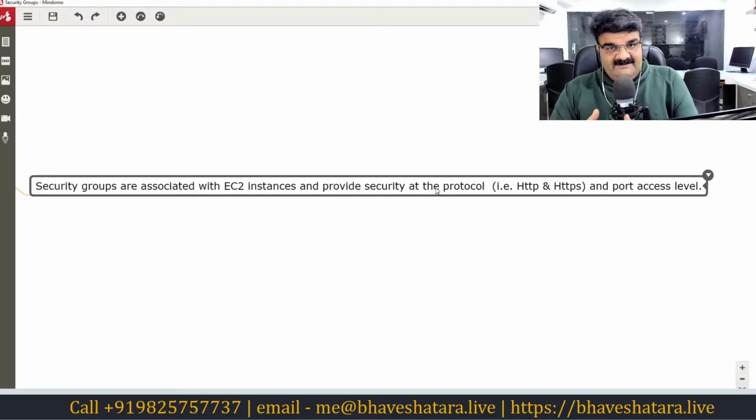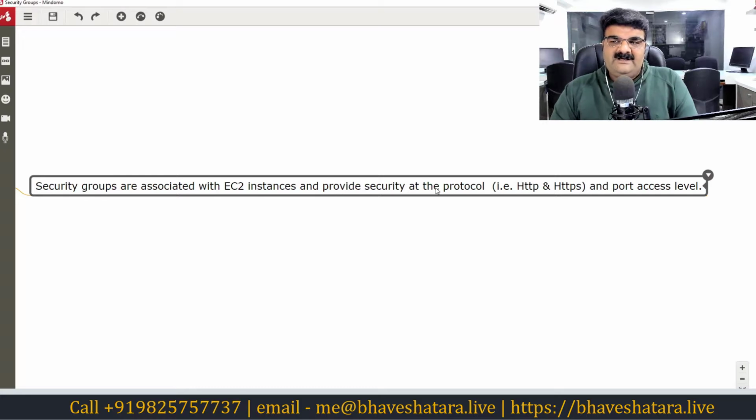So how will it protect your EC2 instance? The matter here is that a security group can control inbound traffic and outbound traffic. A security group will only allow the traffic that you need. This is how it works. Now you may have a question: what is the primary function of the security group? If you want to understand this, you must have basic knowledge of networking.